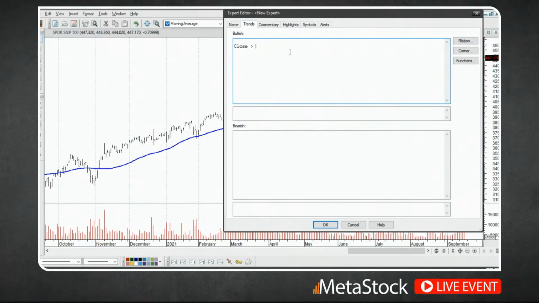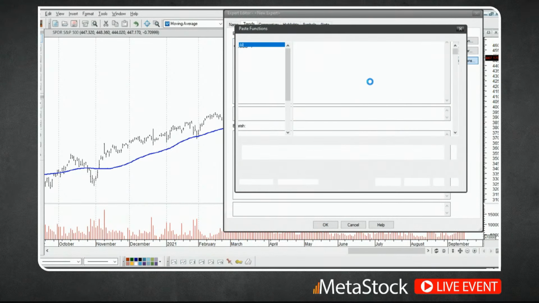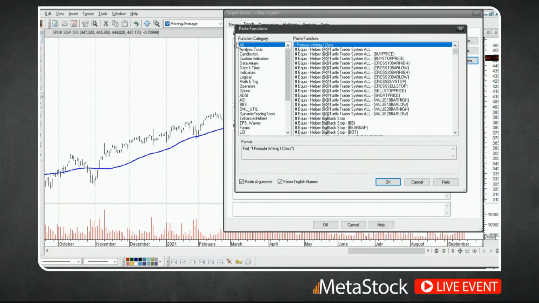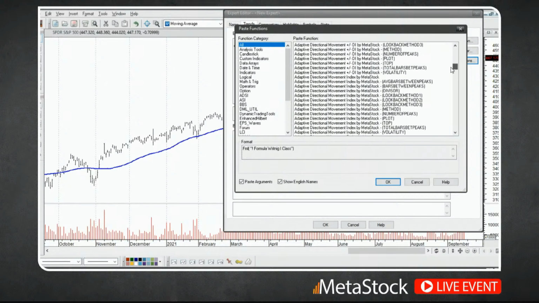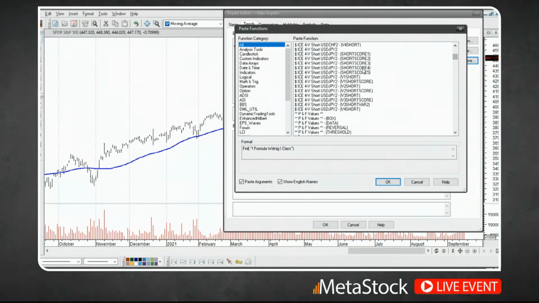there are a couple of different ways you can do it, but an easy way to access the formulas inside the MetaStock program when you're inside the Power Tools is to click on this Functions button. You'll find this is located in the different Power Tools of the program. This opens up a formula writing section where you have access to all the different types of formulas that are available. As you'll see, this is a huge list. Over here on the left-hand side are the different categories we have to work with. But let's say, for example, I want to use a moving average, but I don't know what category that would be in.